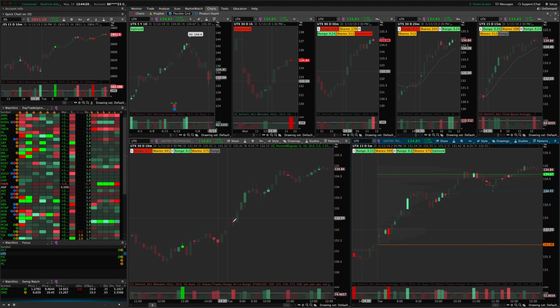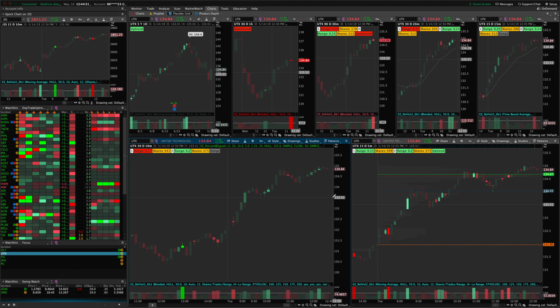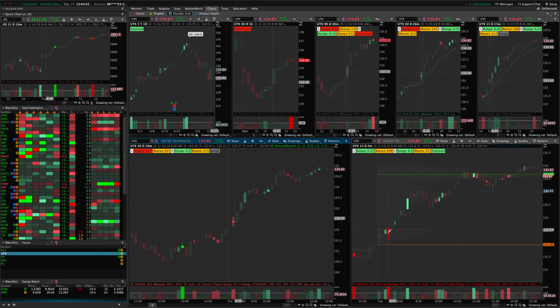And you can see this, there was a little bit of an inside 10-minute here. So that was pretty good. I mean, it's not super clean, but that one worked for at least 2 hours, working its way up to 4 hours now. And the 5-minute makes it a little bit more clear here. Now this one was probably a little bit spready, I don't really know, but that looks like a nice little